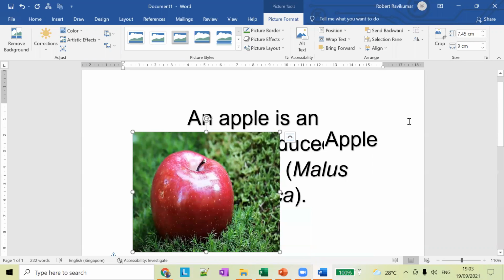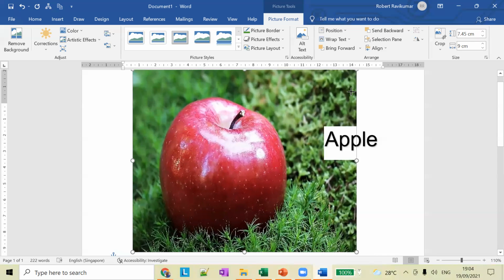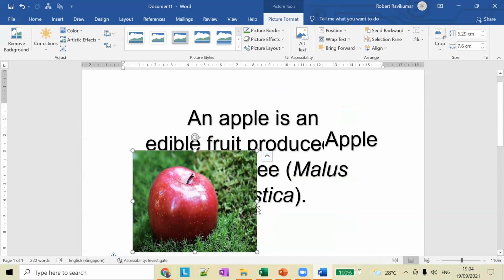So if you want to set a specific size, you can directly type it here. Or the best way is to use this shortcut, the drag and drop. That's the best way to do it.